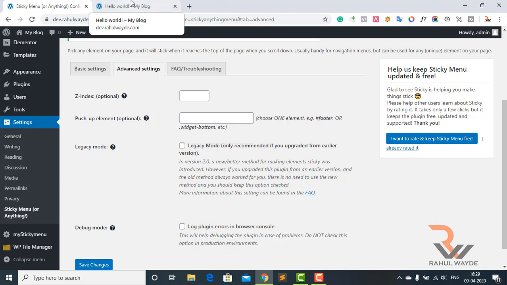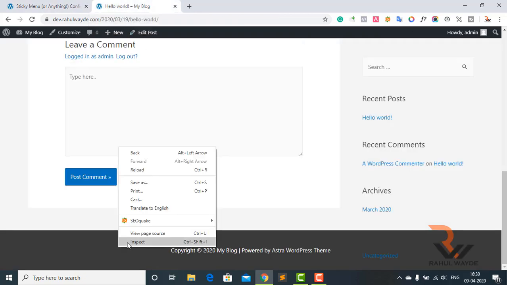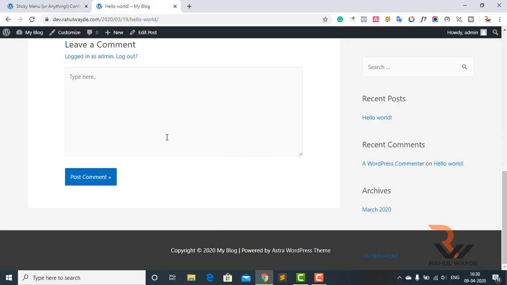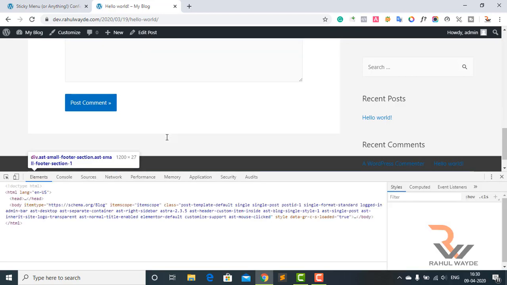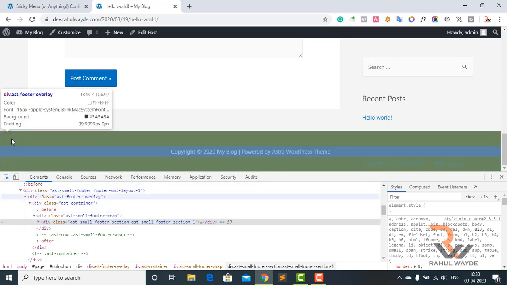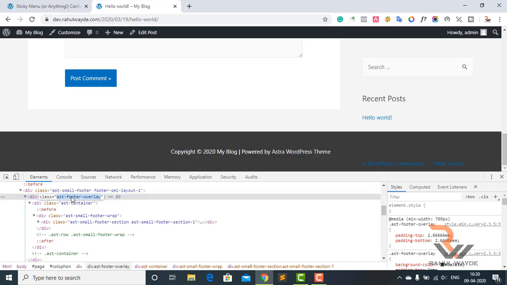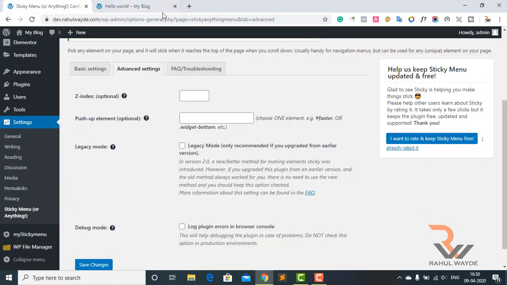element section. So I will go again back to the post, and I will just right click and inspect it again. Now I want to copy the ID or the class of our footer section. So I will just click here, and I will hover over this and click on that. So we want this class right here, okay, which is AST footer overlay. In your case it may be anything. Just double click on it and copy this, and just come back to the dashboard, and here paste